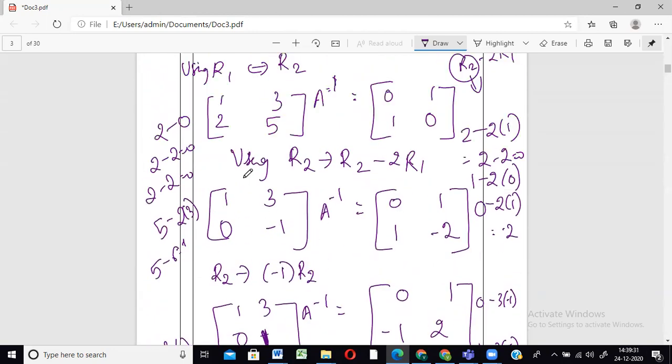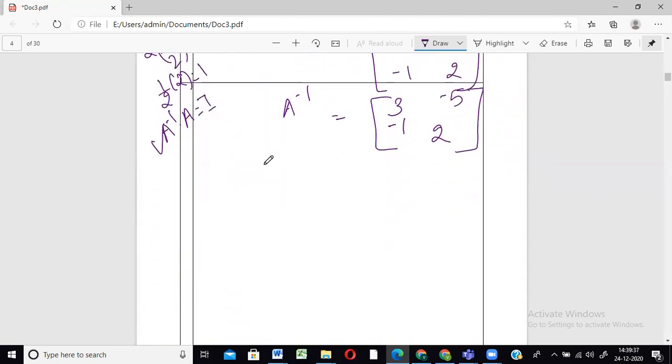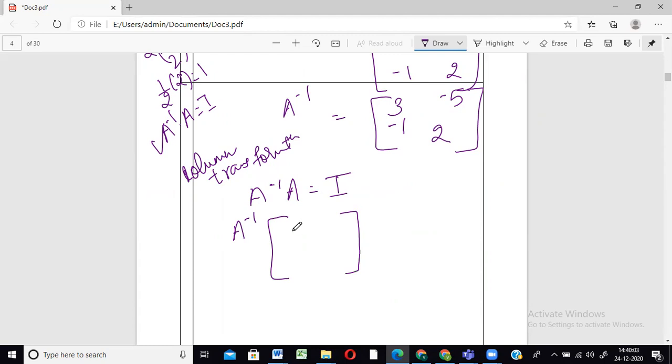So then let's do it using this one now. We initially did A into A inverse is equal to I. So let us do it using A inverse into A, which is equal to I. But this time, instead of row, we will use column transformation. Okay, it's same, but सिर्फ row में अभी जो तुम operation perform करते थे, अभी we're just going to do it for column transformation. So here again, we're going to write it like how we wrote it over there. A inverse, we don't know. A is something like this: 2, 5, 1, 3, which is equal to 1, 0, 0, 1. That's your identity, right?